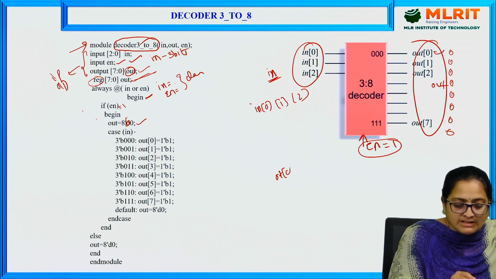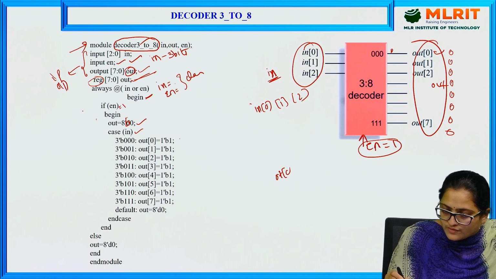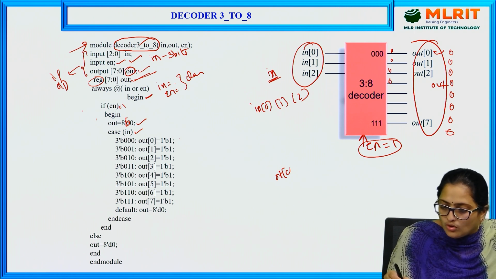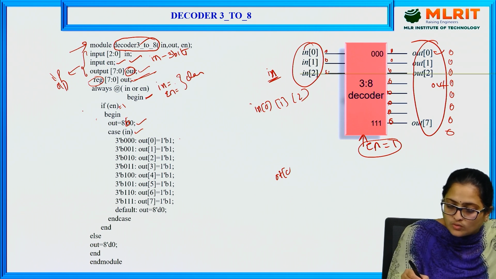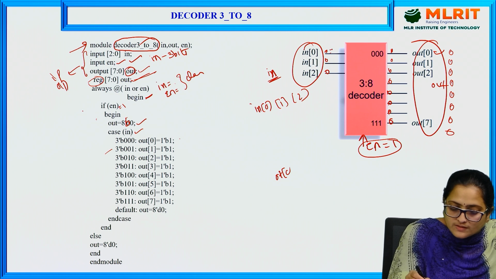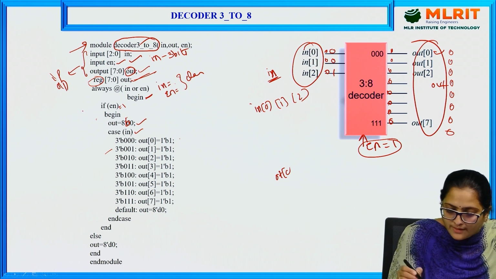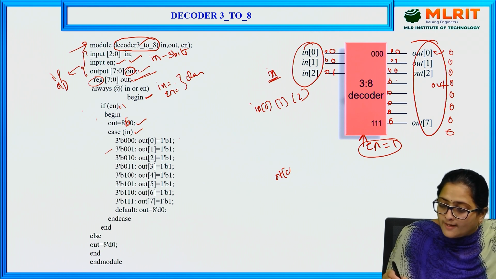Now, case IN: if the input values are 0, 0, 0, your output OUT[0] is 1 and the remaining bits are zeros. Now, in the second case, if the inputs are 0, 0, 1, then it produces an output only at OUT[1], and the remaining bits will be zeros.